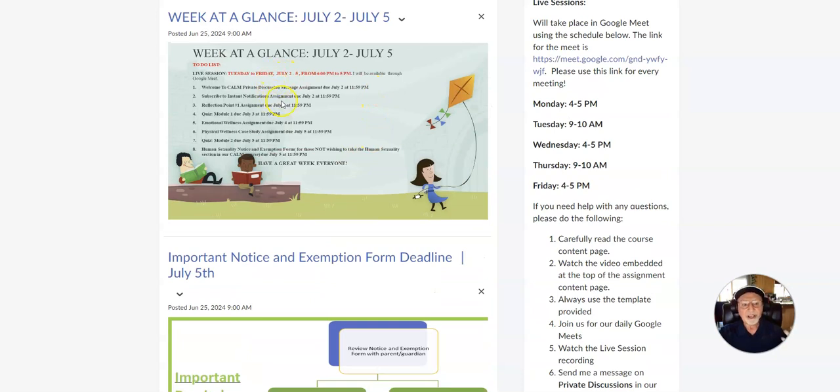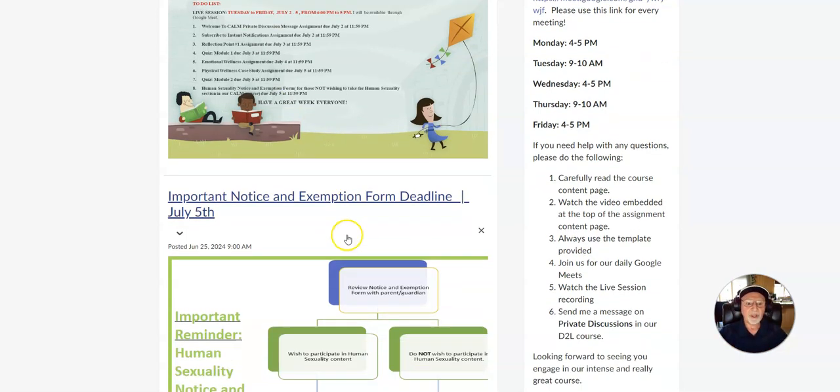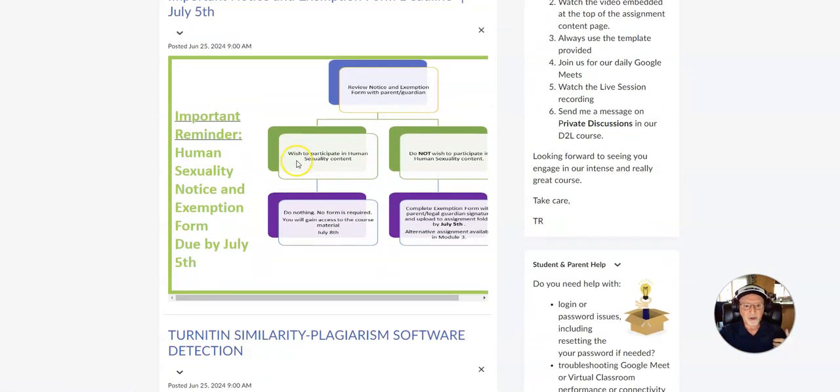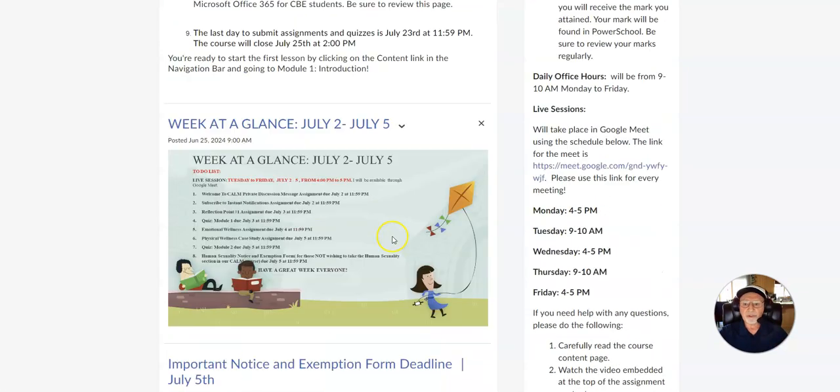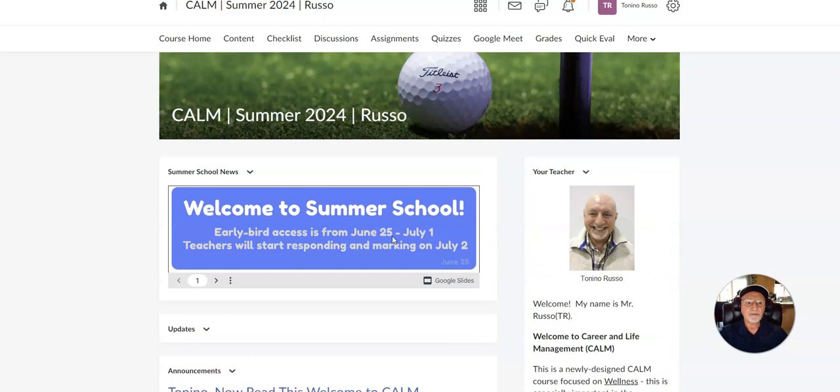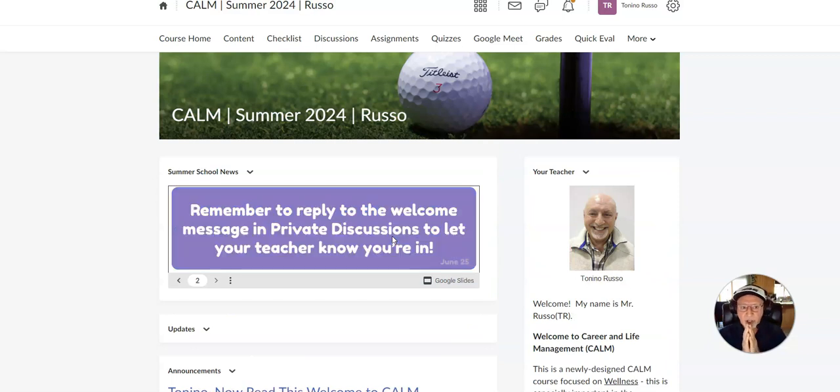And notice there is a lot that needs to be done. This is a 3-week course. This is not a course where you're going to think, what a great time I'm going to have. And you are, but that's matched with the fact that you're going to put in a lot of effort to be successful in our course. And here is the human sexuality. Carefully read this. Okay, so that's my introduction. If you have any issues, questions, or concerns, use your private discussions, and I will be